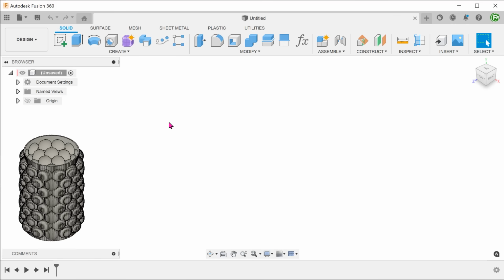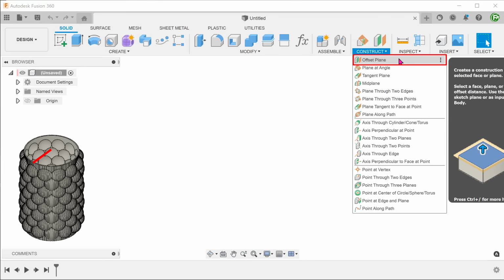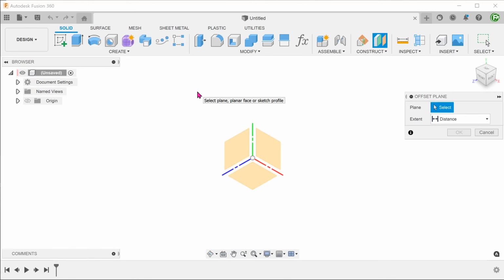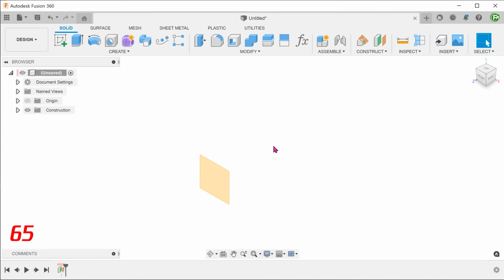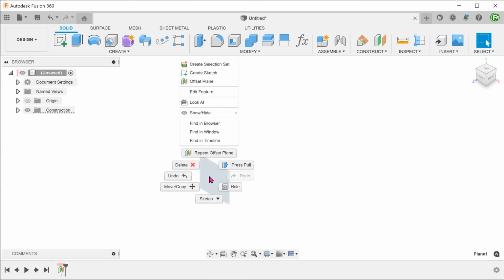First, roughly estimate the radius of the container that you'll need and create an offset plane the same distance away from the front plane. Begin a sketch on this offset plane.